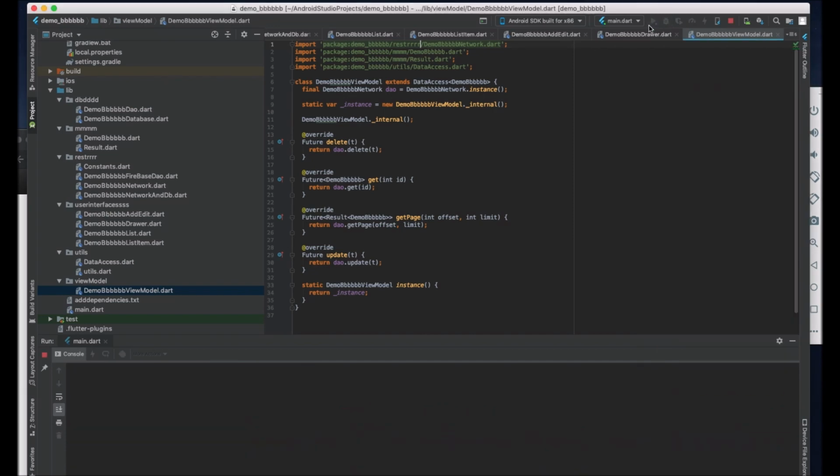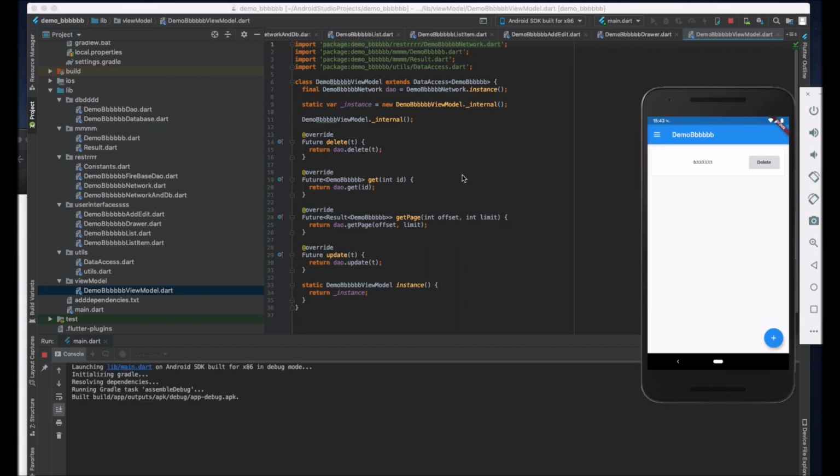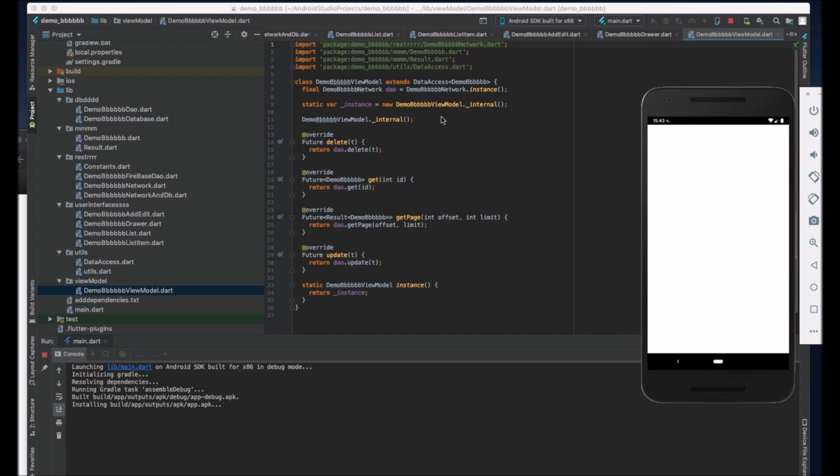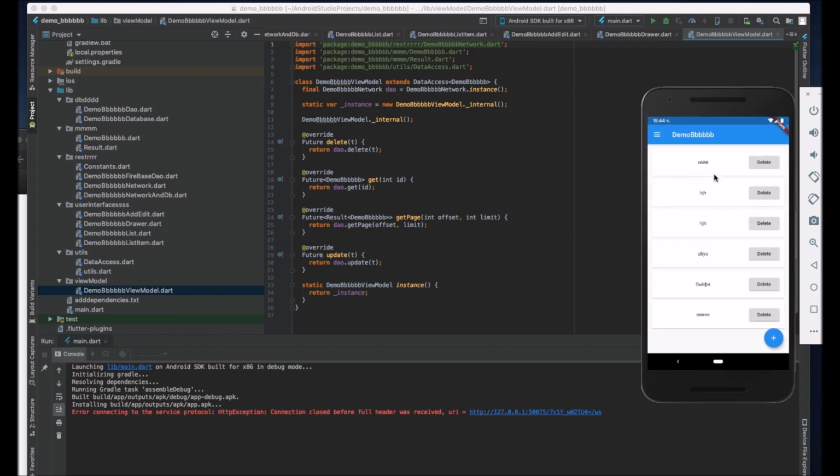So I will run the application and you'll see the records that are on my local server that are different from the recently created